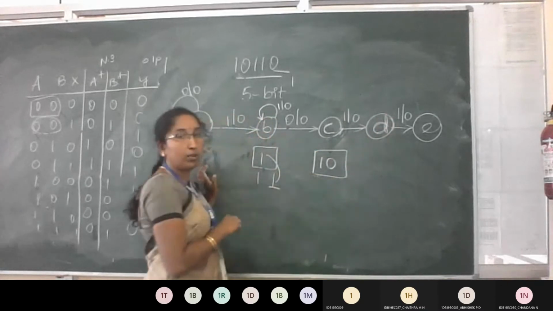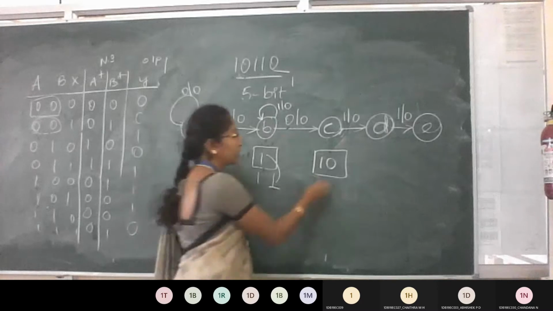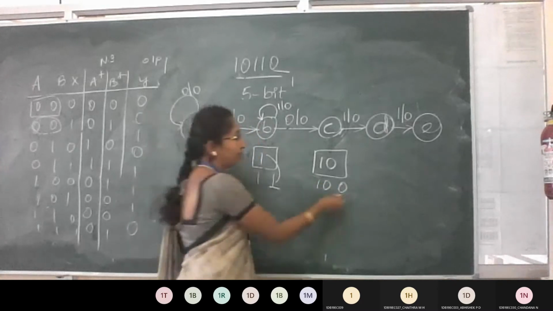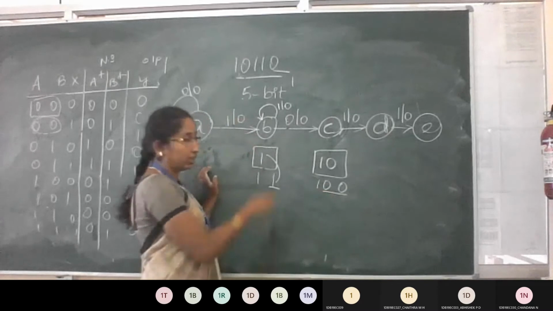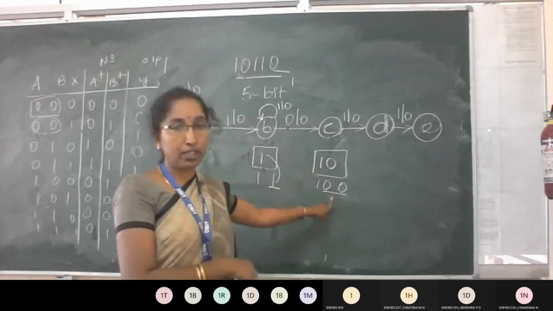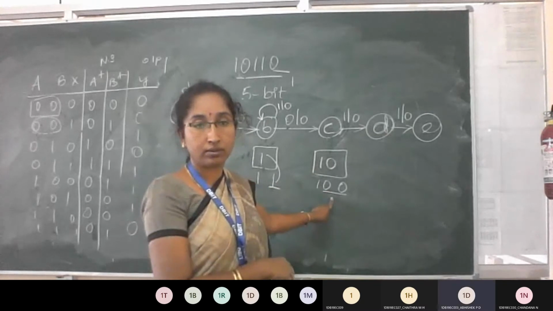Just I am bothered about when x is 0. I need to find out where it is moving when x is 0. So 1 0 when x is 0. So compare the 2 bits in the box. Here the box has 1 0 and the bits I got are 0 0. Is it the same? No, ma'am.